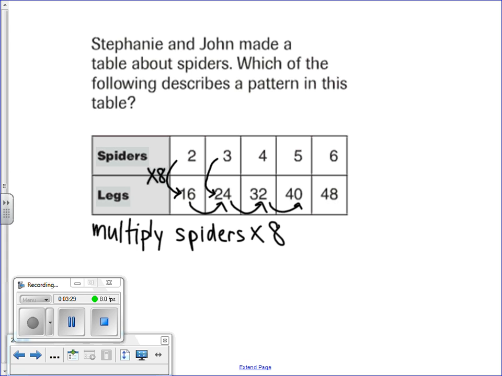So sometimes it's a little bit tricky and we miss the fact that it's counting by 8s because it starts with 16. We didn't start with 8. That's okay, we can start in the middle. I can count by 10s if I start at 50, right? I'm just counting on 50, 60, 70, 80, 90, 100. Just because I'm not starting with 10 doesn't mean I'm not skip counting by 10. So we can say skip count